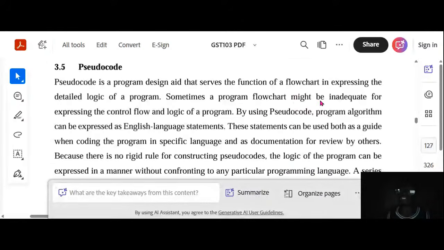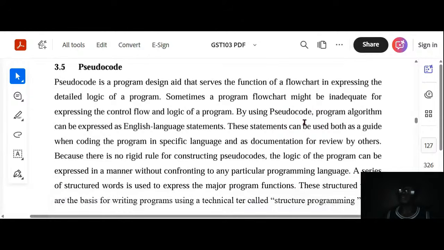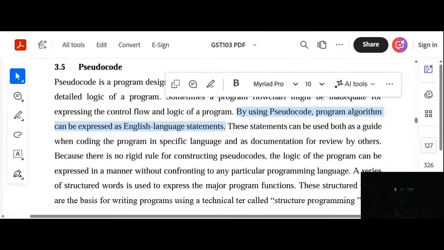Sometimes a program flow chart might be inadequate for expressing the control flow and logic of a program. By using pseudocode, pseudocode can do more. It can do more than flow charting. That is one thing you should know. Program algorithm can be expressed as English language statements in pseudocode. So if probably you were to be tested on this,